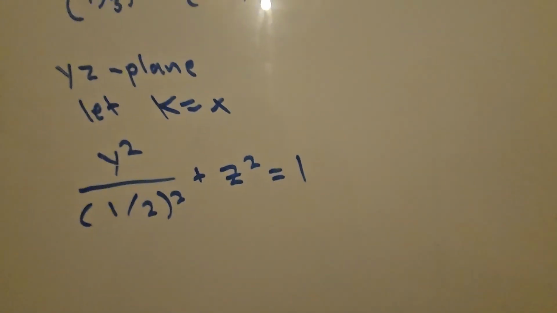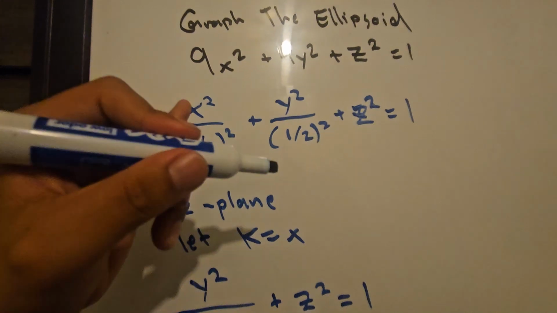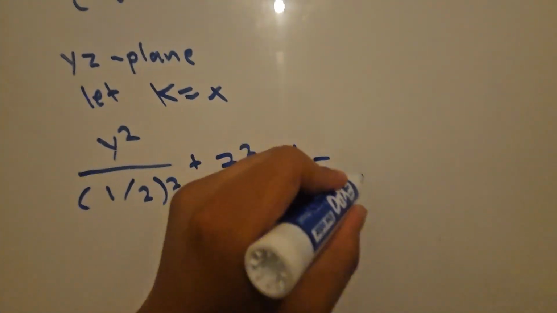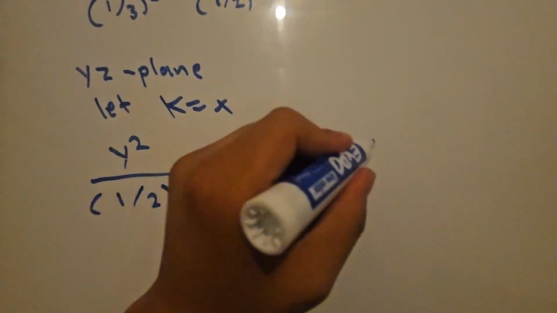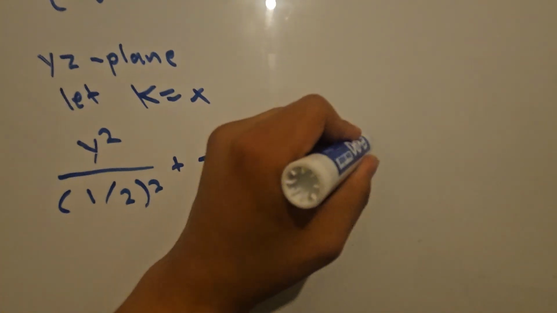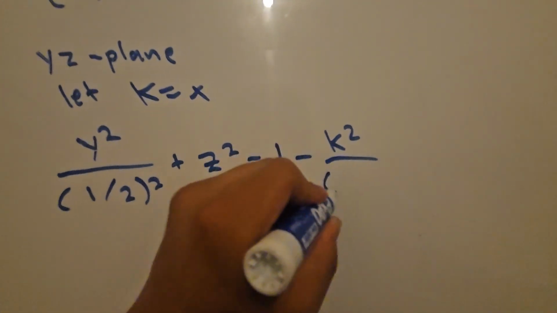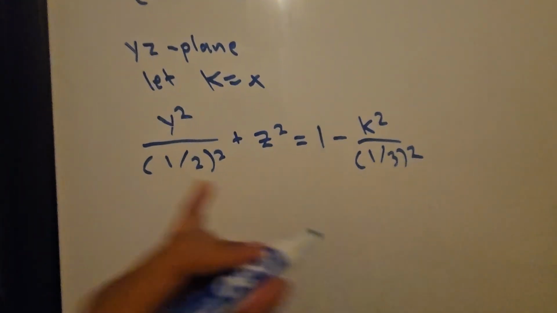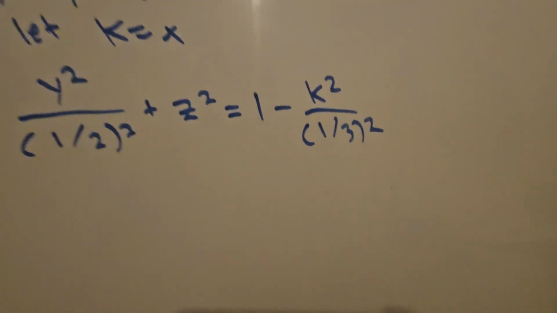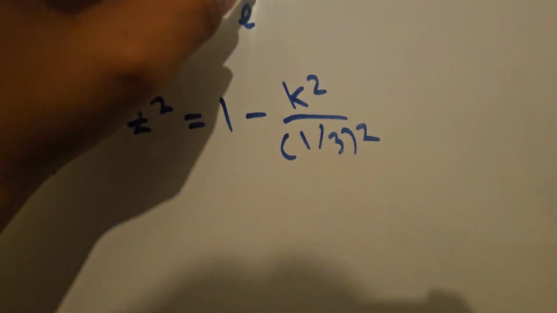Equals 1 minus this. But remember, this turns into a k. 1 minus, because you're just subtracting this from both sides. So this is k squared, and we do have a denominator, 1/3 squared. And again, this is the ellipse formula. So ellipse,